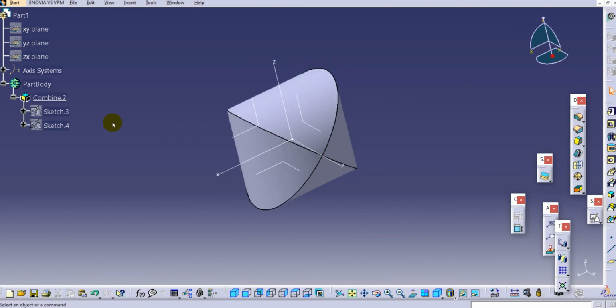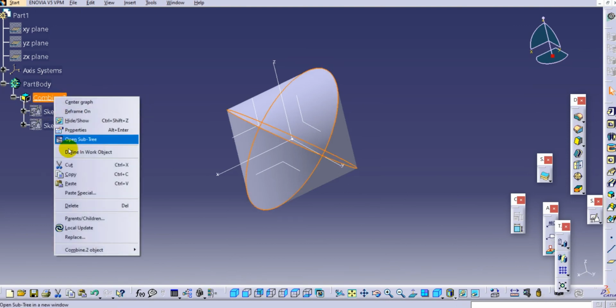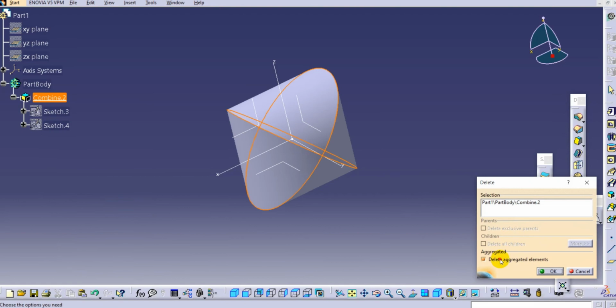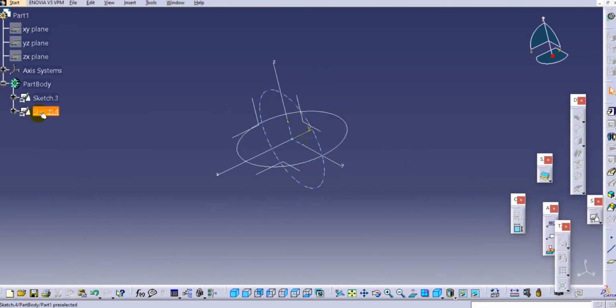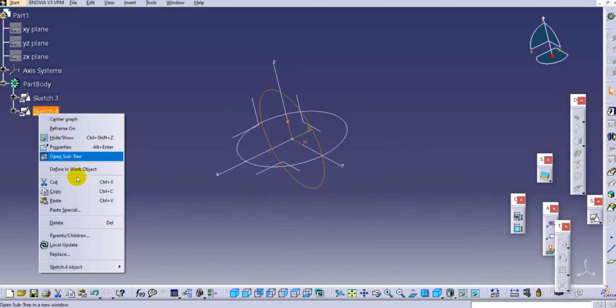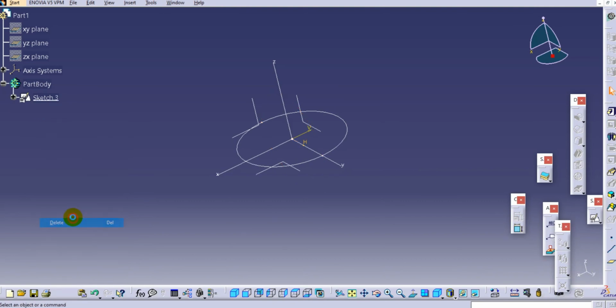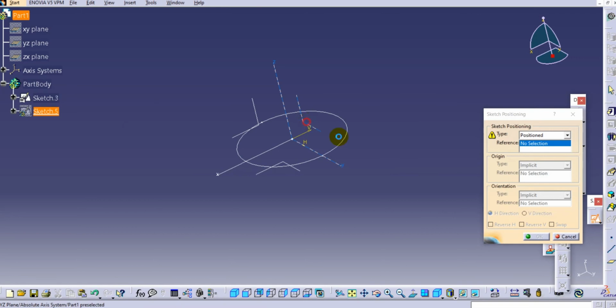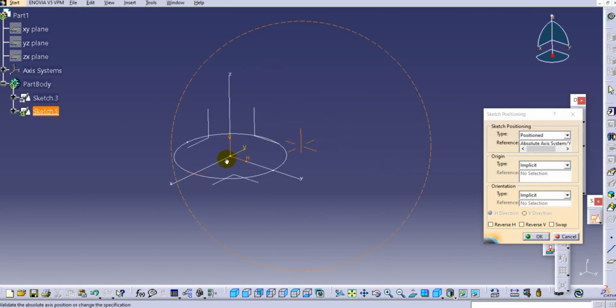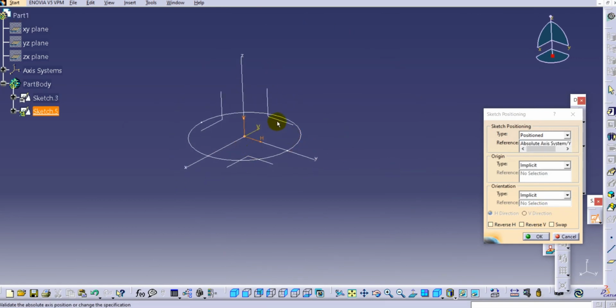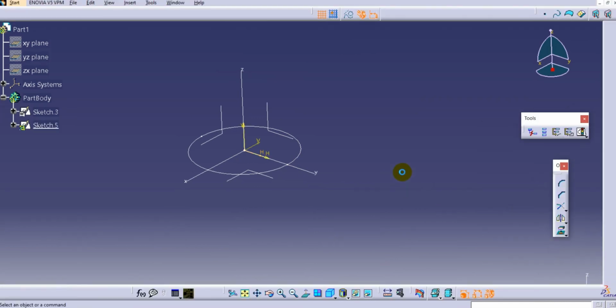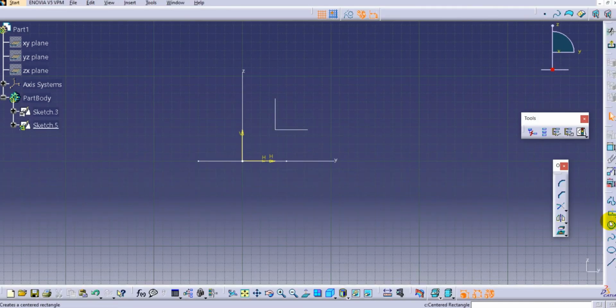So now we will see one more example over here. Instead of deleting both the sketches, we will just delete this combine feature, and here again we will delete this second sketch. Select the sketch and select the front plane over here, and here we will create a hexagon.